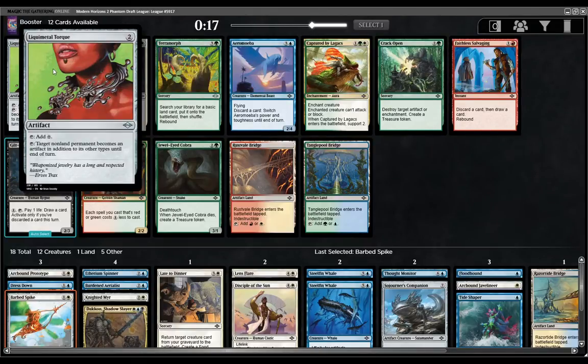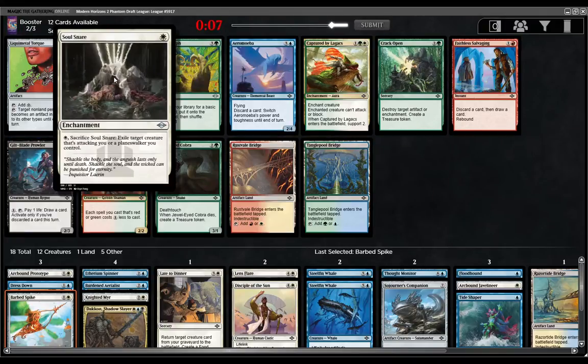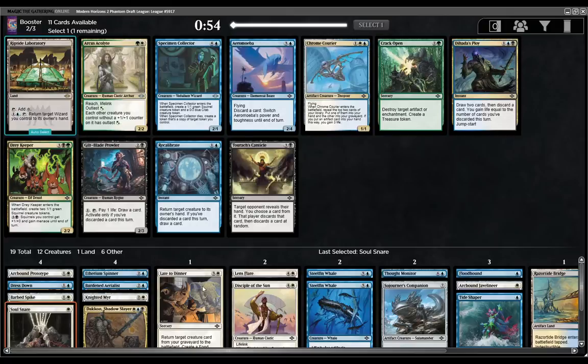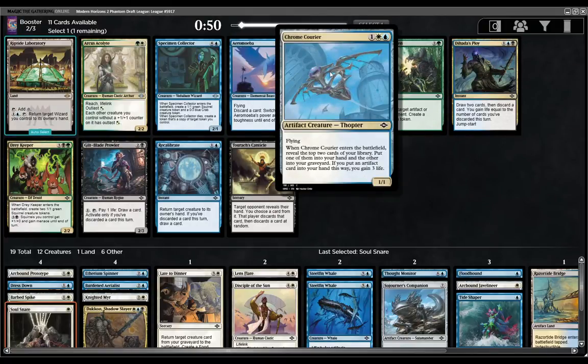Liquid Metal Torque is also like... This isn't coding. You can't use it the way coding is, but it taps for mana. We can also use it to make things into artifacts. I'm gonna pick up a piece of removal. This is a really annoying thing to have in play, and we can recur it with Disciple. Yeah, it's there. You play it, and it will eventually...